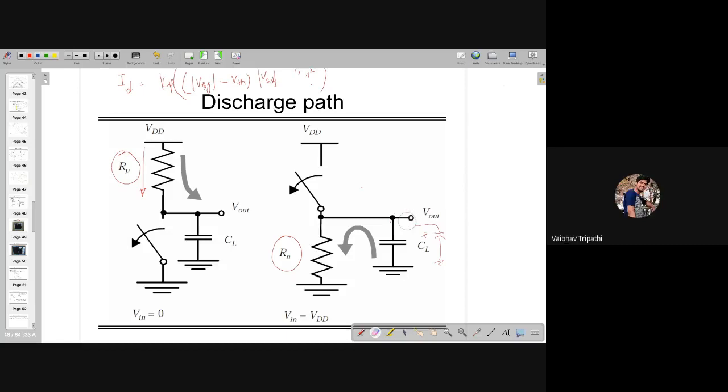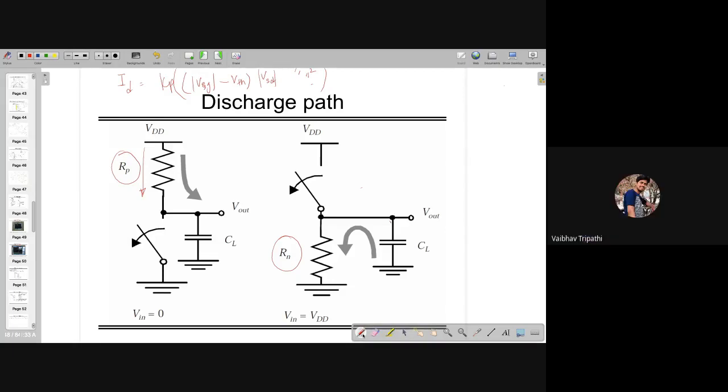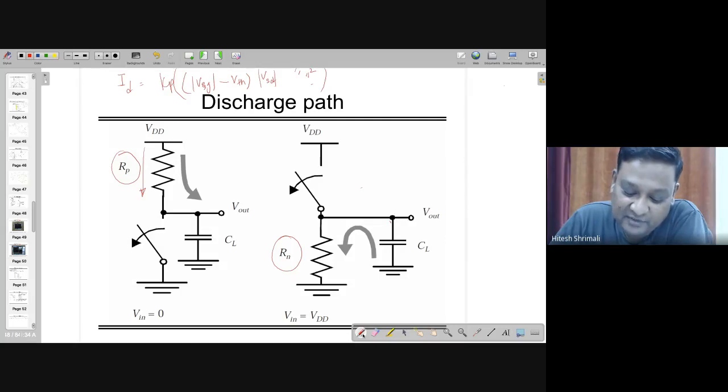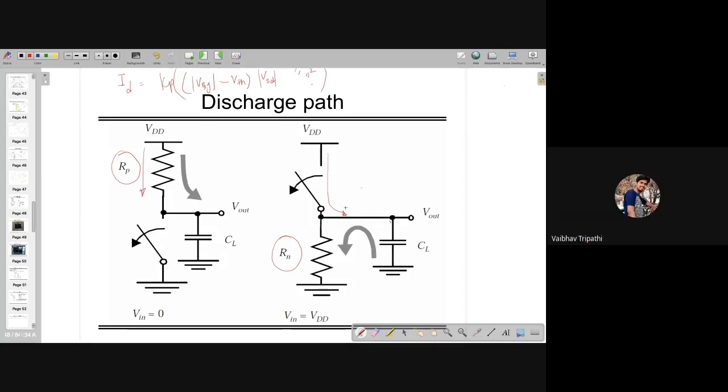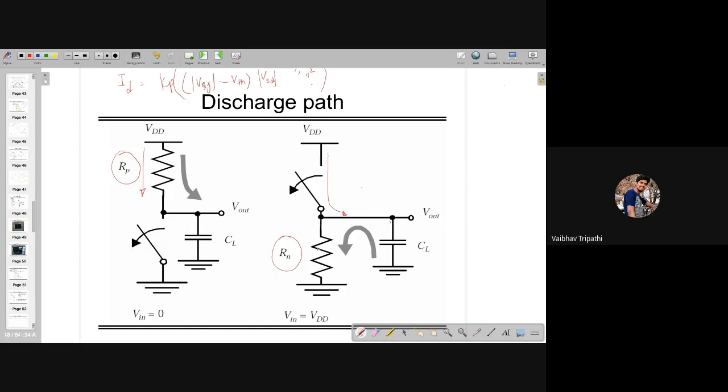Okay, sir. Can we not break the capacitor in two parts using Miller's theorem when we connect between VDD and Vout? Yeah, Miller theorem, but we are not using Miller here. You're right, you can do that. But Miller theorem is applicable when there is an amplification from here to here. Is there any amplification? No. I don't see any amplification. Look, there is no gain here.